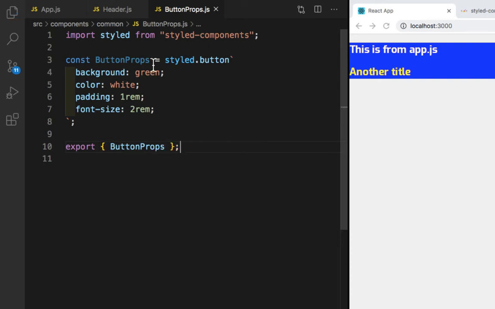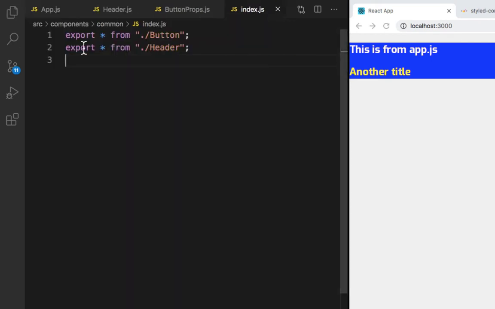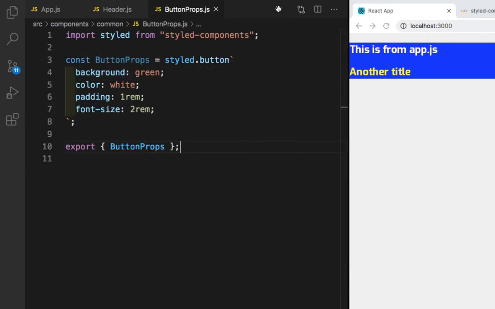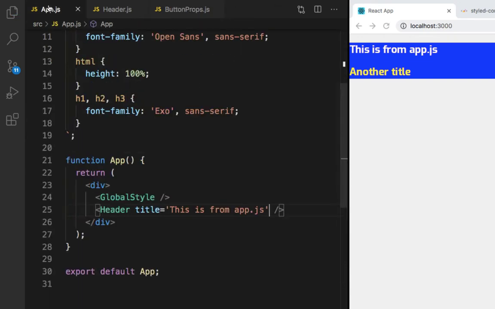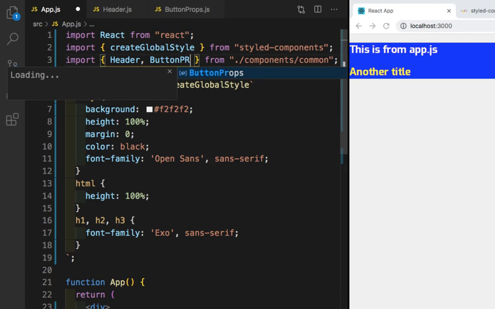Okay, let's save this, and then we need to go to index.js. So here we need to write export all from dot slash buttonProps. Okay, let's save this and let's close this file. And now we need to go to app.js, and here we need to import buttonProps.